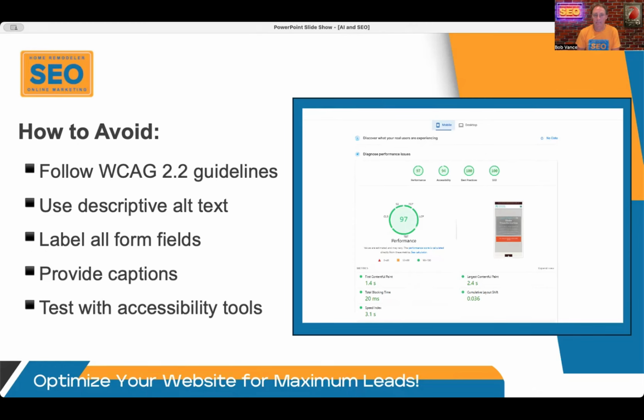And then keep testing with accessibility tools like WAVE or Axe DevTools, so that you're catching these issues before you actually launch your website. You don't want to have an ADA compliant website where everything's broken and not working. That's going to make someone even more mad and maybe want to sue you. And they do sue people for this. It's basically extortion.